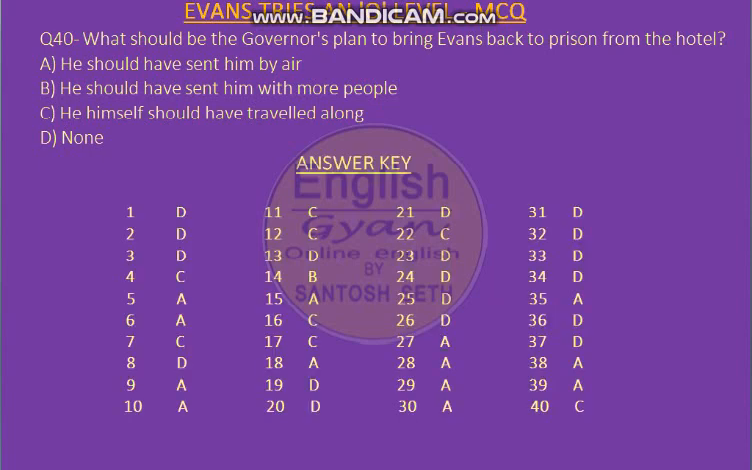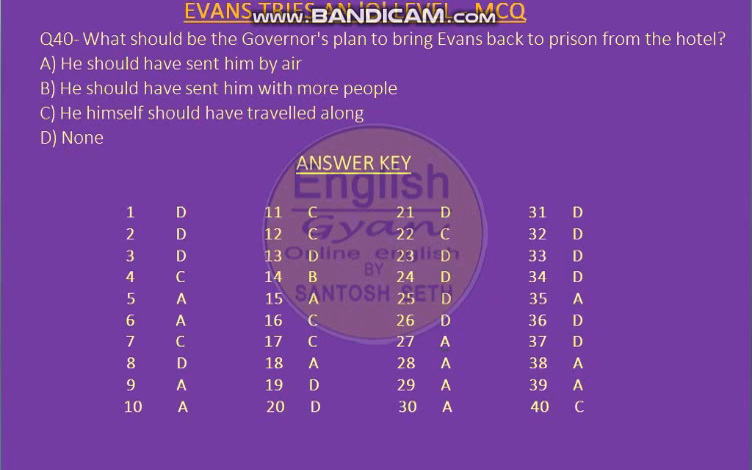So these are the answers: 1D, 2D, 3D, 4C, 5A, 6A, 7C, 8D, 9A, 10A, 11C, 12C, 13D, 14B, 15A, 16C, 17C, 18A, 19D, 20D, 21D,